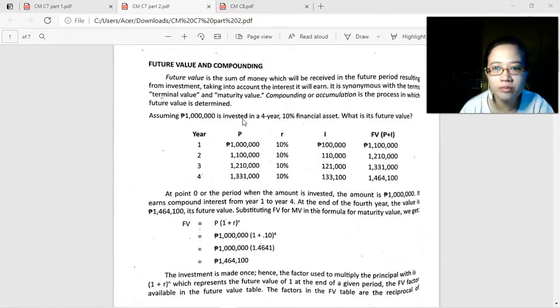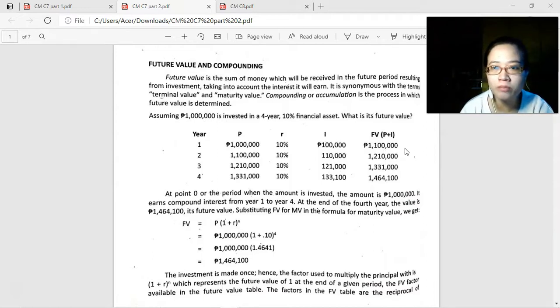Okay, so my example dito. 1 million invested in a 4-year 10% financial asset. What is the future value? So ang present value niya, edi syempre ito 1 million, kasi yun yung amount na in-invest mo for today. So, on the first year, nag-earn siya ng 10% interest, so 100,000. Future value niya after 1 year is